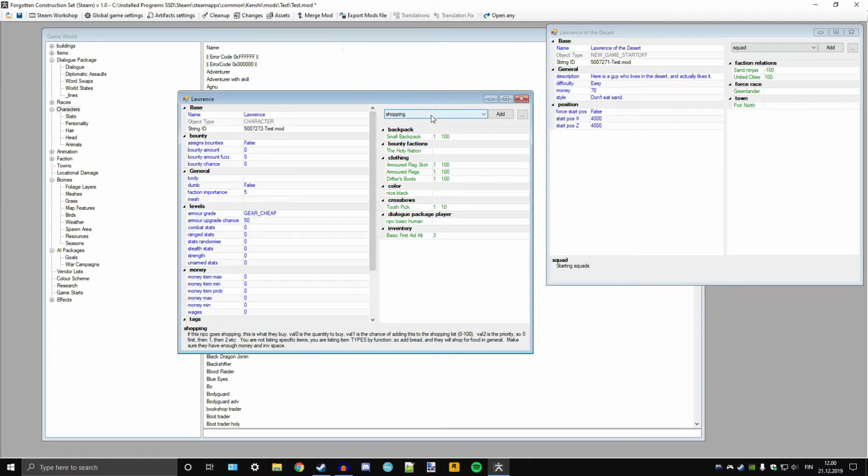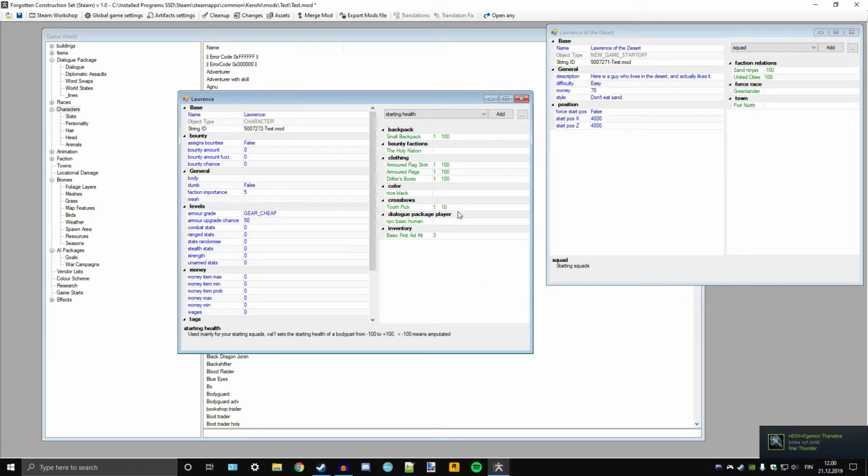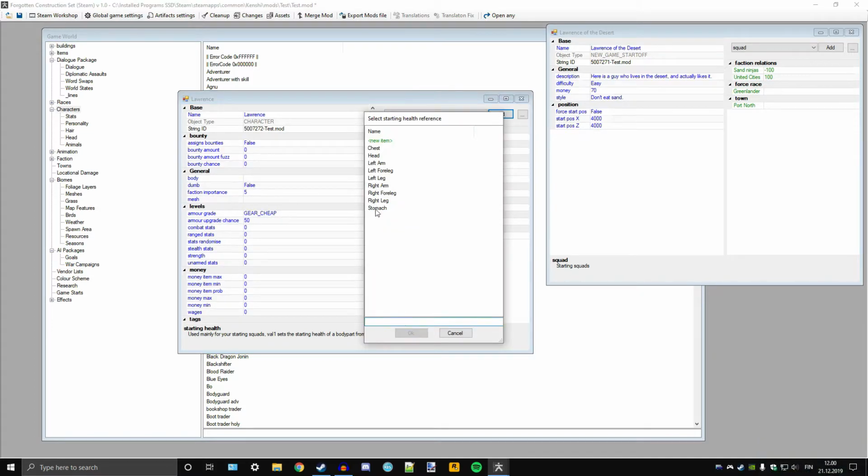Sometimes something like that. You can use it for anything. All right, so this is the starting health, and you will choose your body part, and then you will choose how much health you have. So if you put your left foreleg and leg, I'm not sure there is a foreleg really. It might